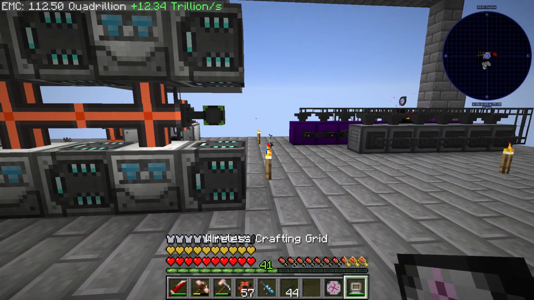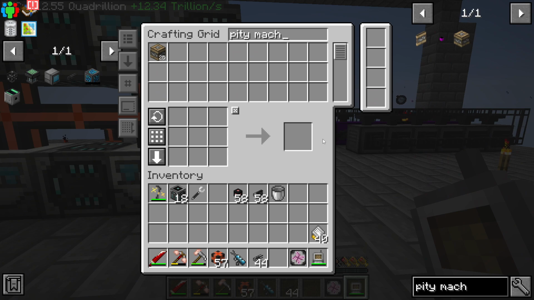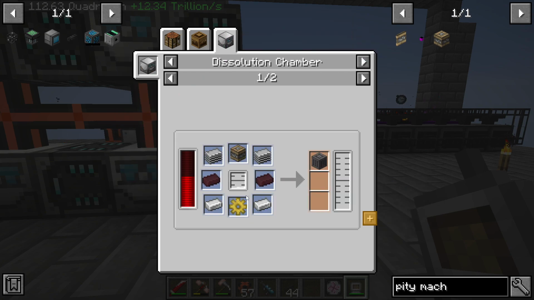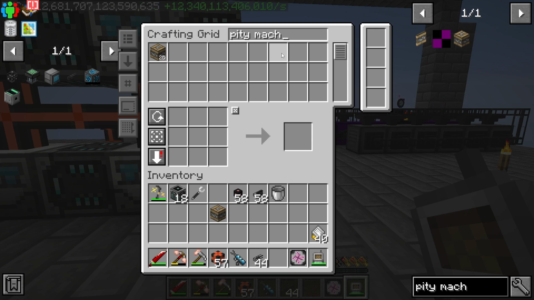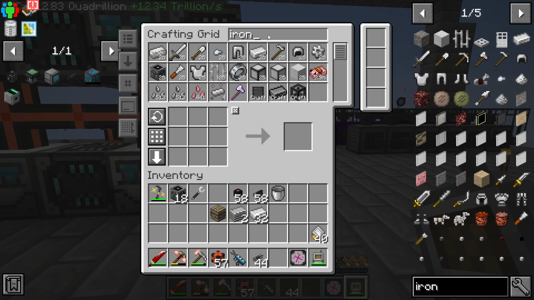Perfect. So for the casing, so pity machine. I'm going to grab one pity machine like this, and the pity machine is plastic, iron, gold gear. So plastic. I'm going to grab 2. Iron, gold gear,